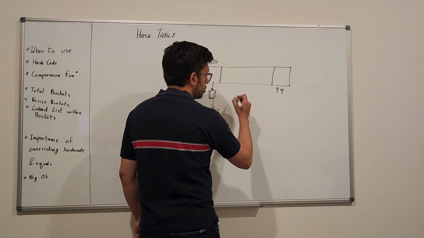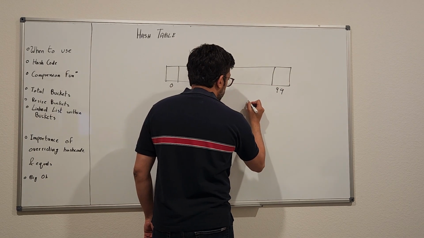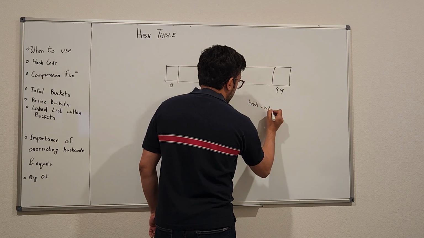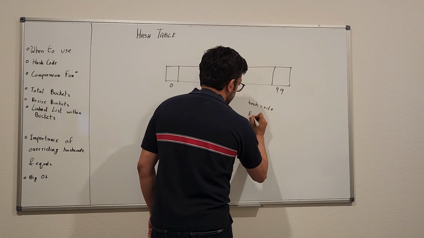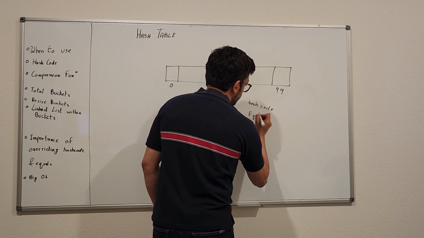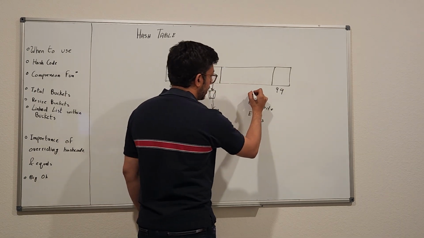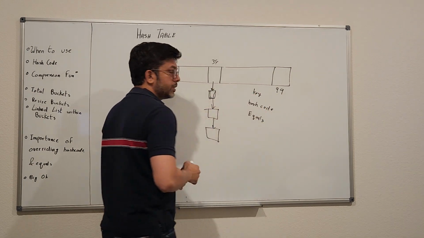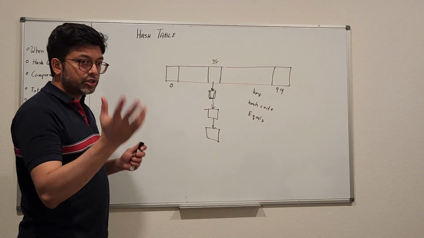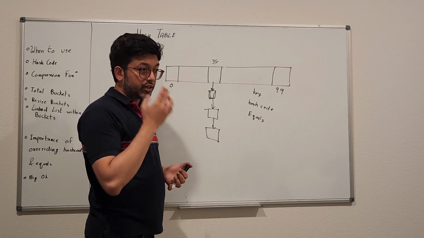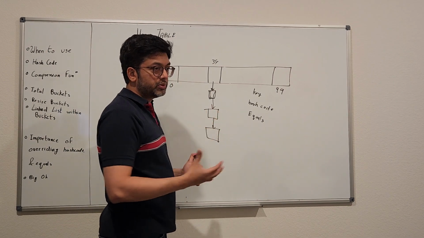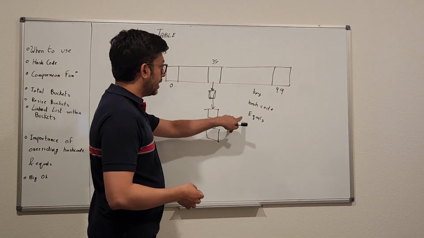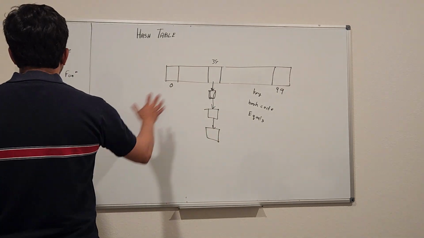So this is why anytime you store anything in a map, say a Java map, whatever key you use should override hash code and equals, both. So this is important. The key should override both hash code and equals. If the key is an integer, it's already taken care of. But if you're using some custom object as the key, it should override both hash code and equals. So this is pretty much how